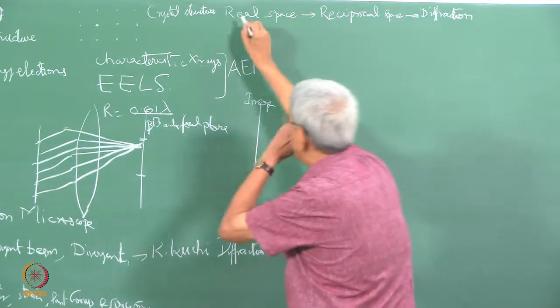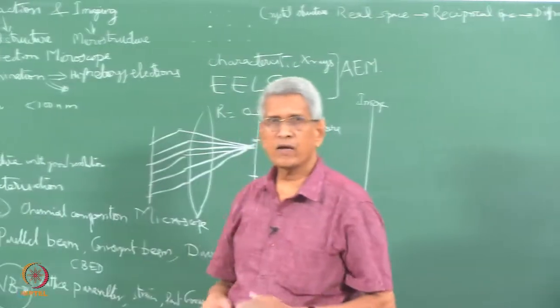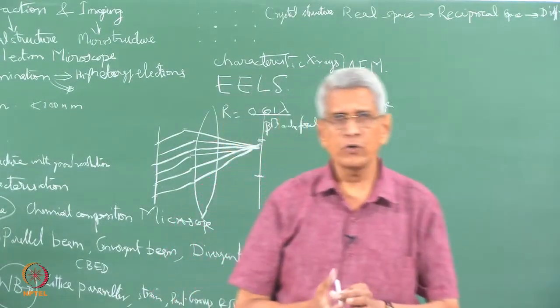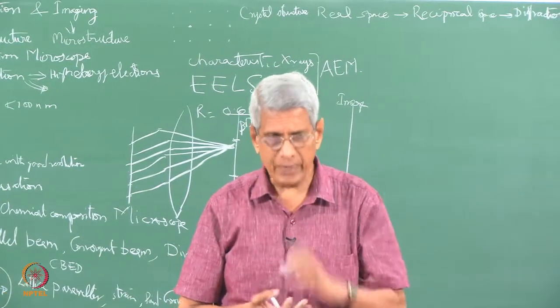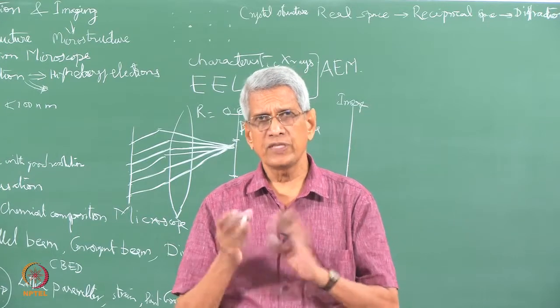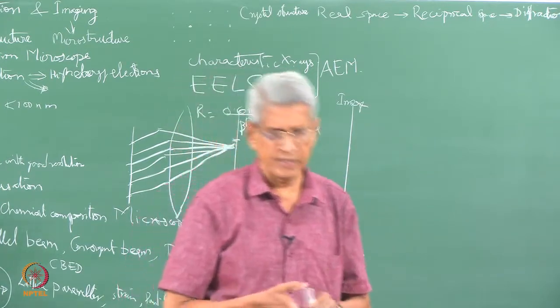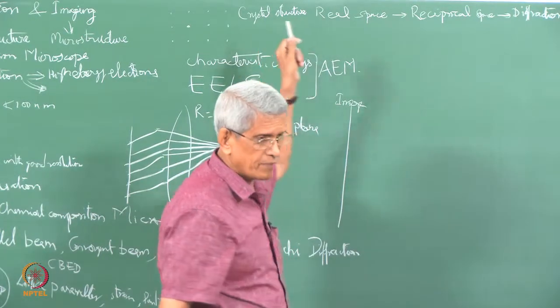So, all these aspects. When we think of a crystal structure, why do we want to understand it, or why do we want to get information about the crystal structure? Because the properties are determined by the symmetries which are associated with the different types of crystal structures. So, we know that there are 7 classes of crystal structures.